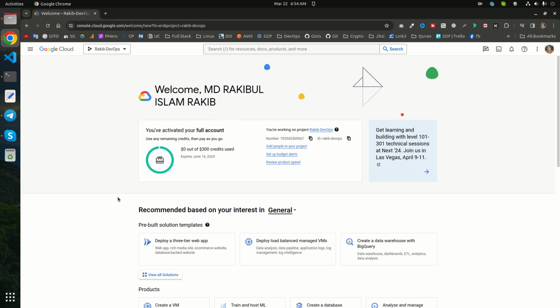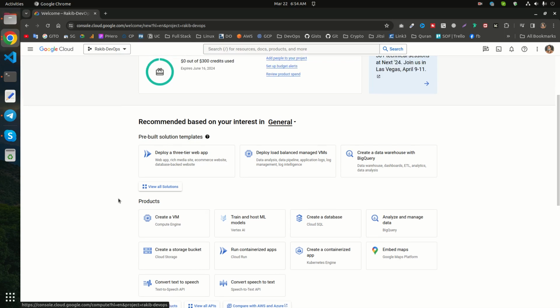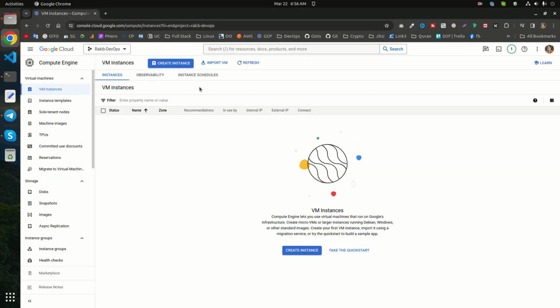In today's video I am gonna show you how to create a VM in Google Cloud Platform. First click on create VM, then enable Compute Engine API. It takes some time. Let's wait until it's finished. My Compute Engine API is enabled, and after enabling the API, it redirects me here to the create VM instance